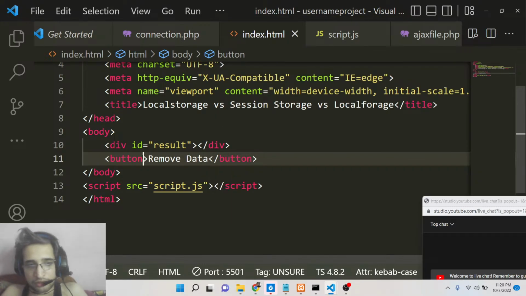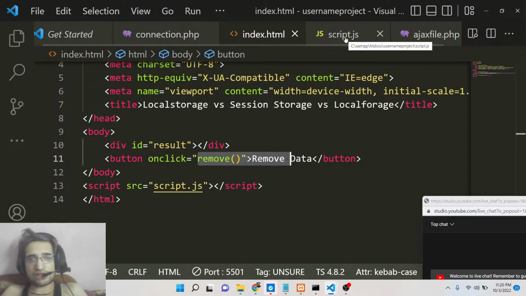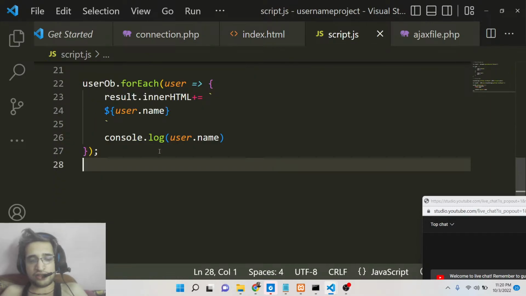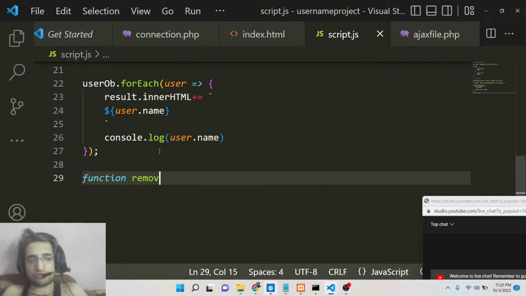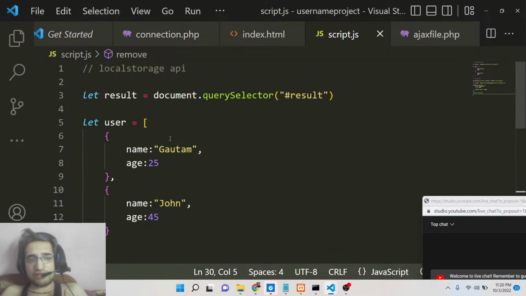So we can bind an on-click event handler to this. When we click this button, a remove method will be executed on the JavaScript side. So we can define this method, which is function remove. Here we will say we need to remove this user